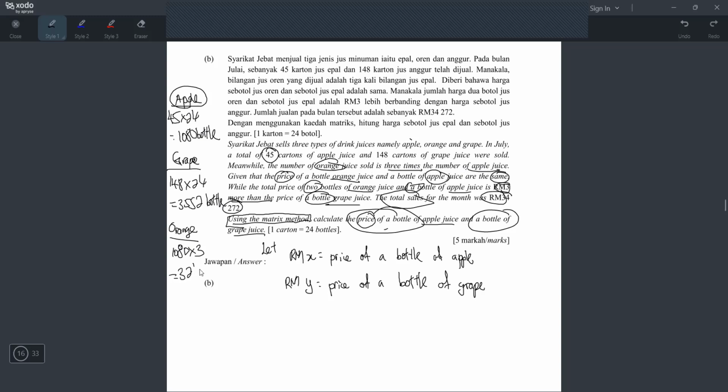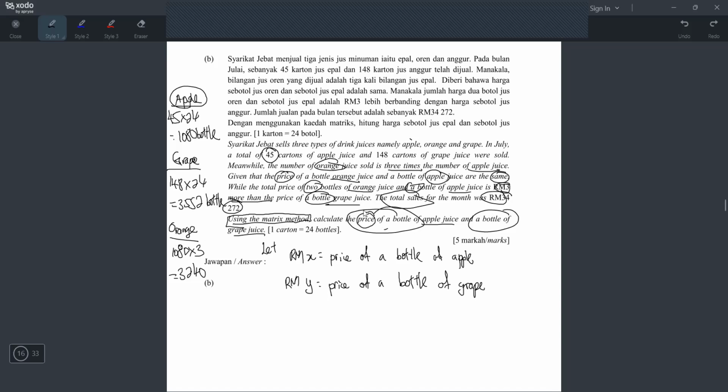Okay, I want to mention some common mistakes that I nampak dekat pelajar. Sometimes students make this mistake. They don't write this first, right? They will just read the paragraph and then they will cincai tulis. They will write something like y equals 3x or x equals 3y because they see the words 3 times. Then you salah already lah. So that's why it's important to read the final baris first and see what they want to find.